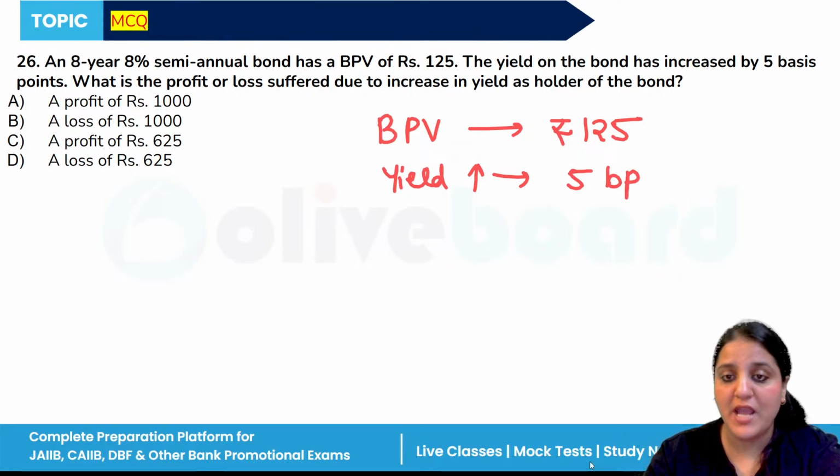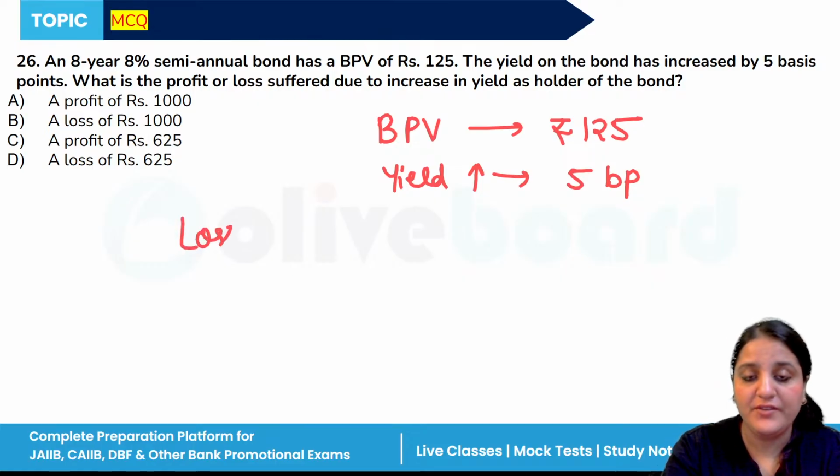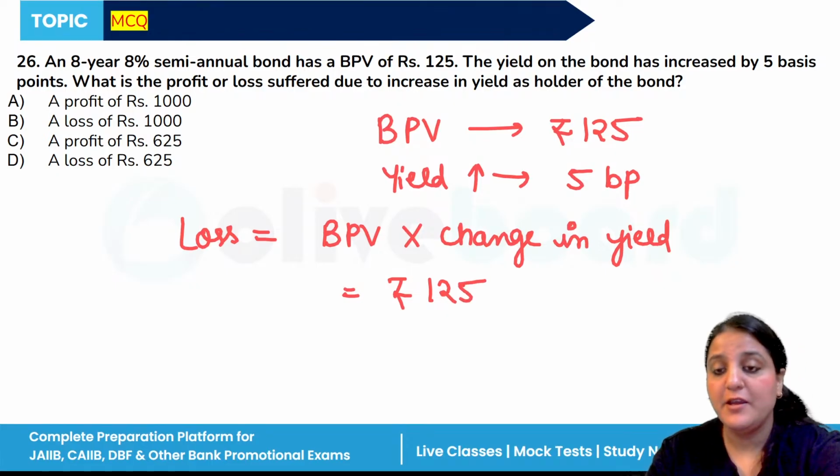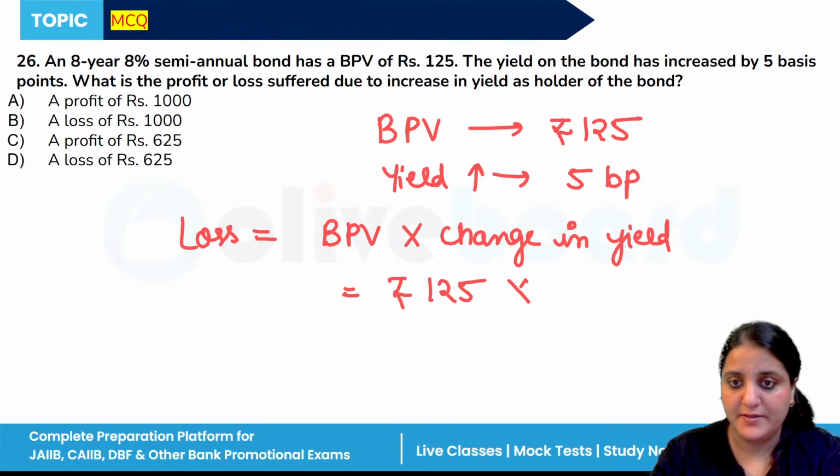So how to calculate loss? Loss is equal to basis point value times change in yield, which is rupees 125 multiplied by 5. That will give you 625,